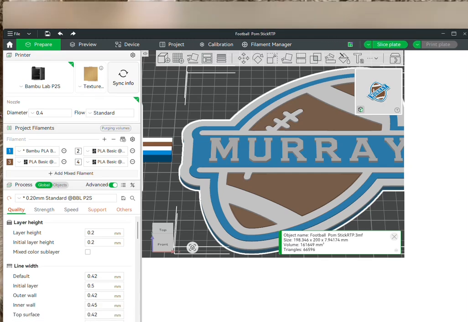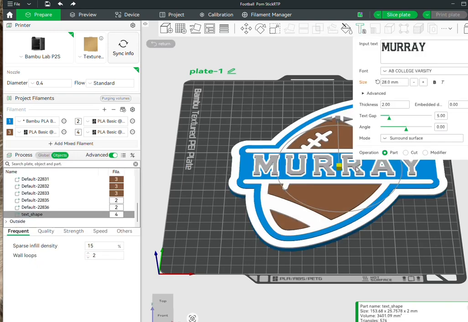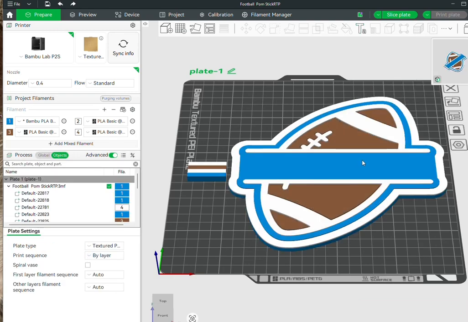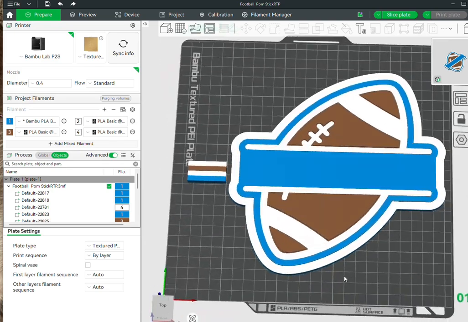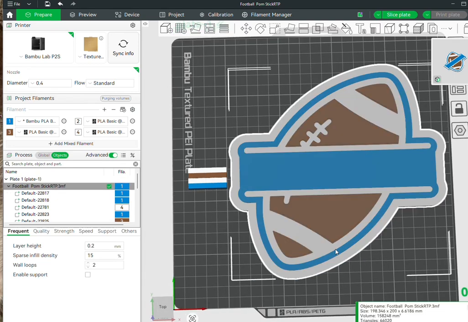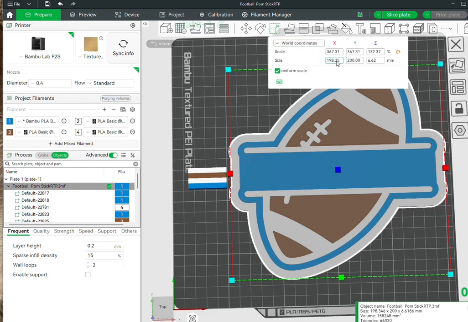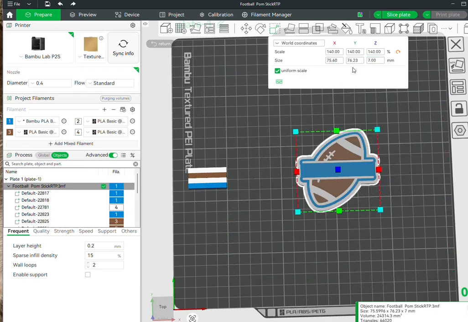But when you open up your file, it's not going to have any text on it. So I'm going to show you first. I'm just going to delete that, and you can see how it's sized in here. Mine's just been saved to a particular size, but I'm going to show you how to resize this because it might open up a different size on your computer or in your own slicer, whatever you're using, but you're just going to open up